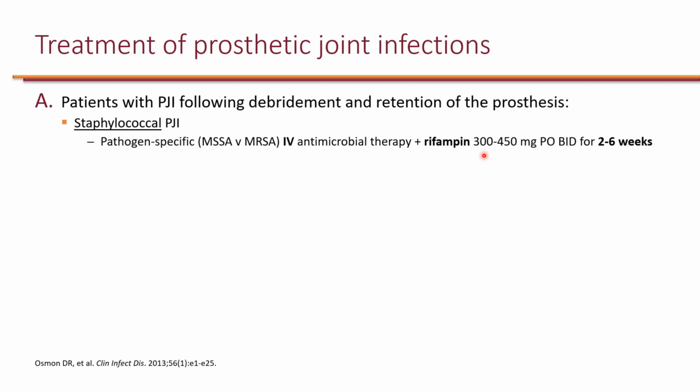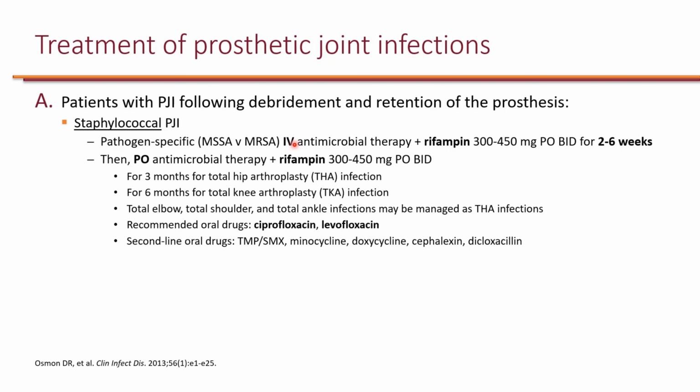Rifampin is only available as PO, so the rifampin portion will be oral, whereas for the coverage of MSSA or MRSA, it has to be IV antimicrobial therapy because we want excellent bioavailability of these antimicrobials. And the 2 to 6 weeks is decided based on how the patient progresses. We can trend CRP, C-reactive protein, and based on the patient's response, we can decide how many weeks are needed. But regardless, beyond the 6 weeks, the patient needs to be switched to oral antimicrobial therapy